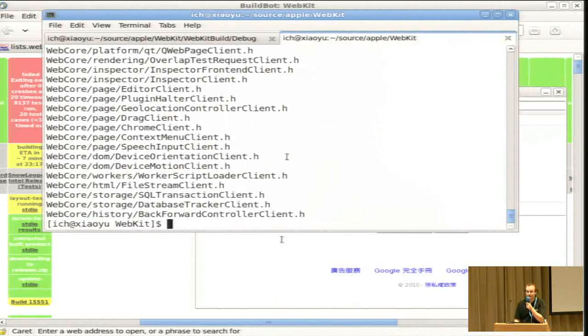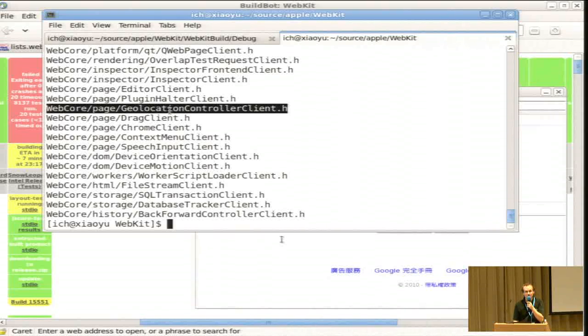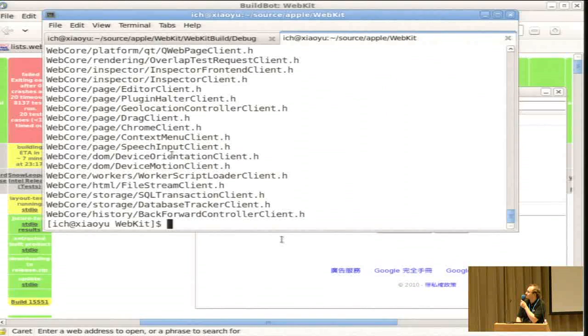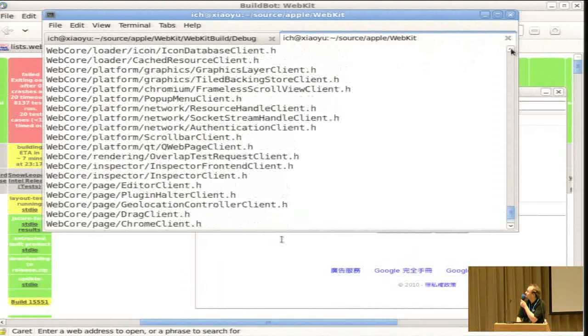And we do use this a lot for many things. So we use it for editor client, for input method handling. We use it for drag and drop, for context menus, for providing the geolocation to WebCore. Two things I haven't seen before: device orientation and device motion. Scroll bar client for handling scroll bars, but